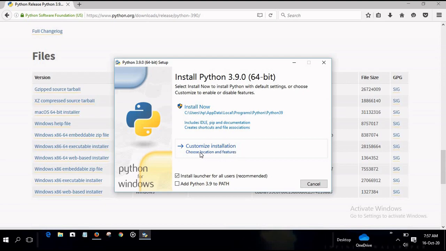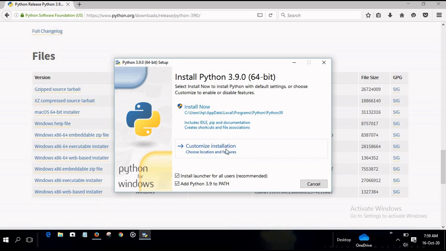But before this, make sure to check this box, Add Python 3.9 to PATH, for adding the path automatically to the environment variable.